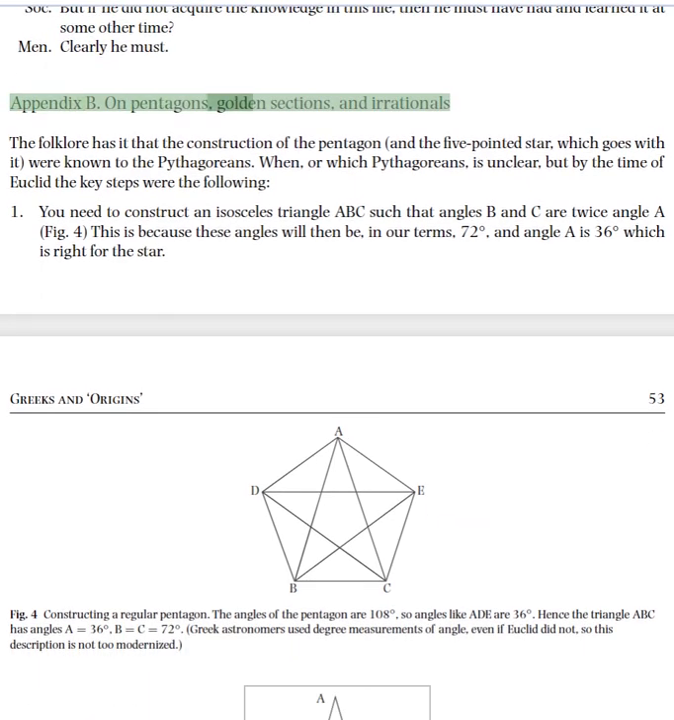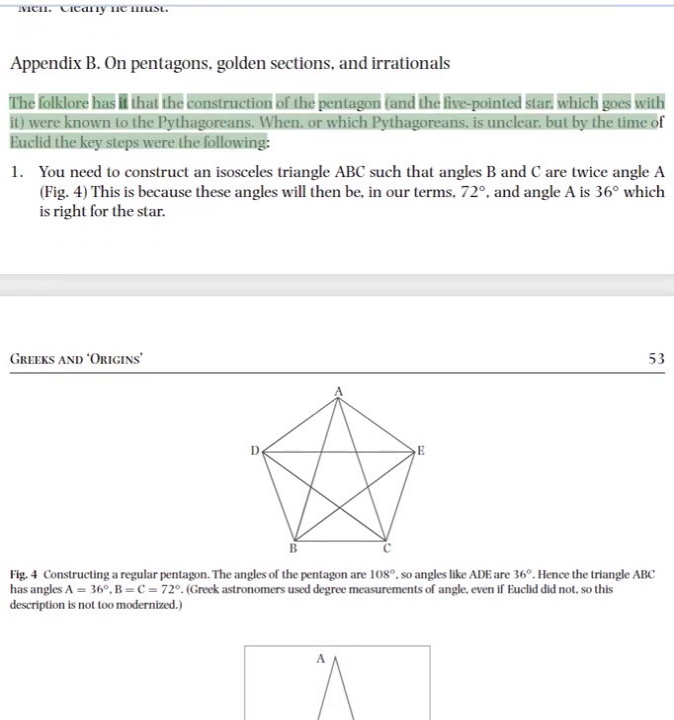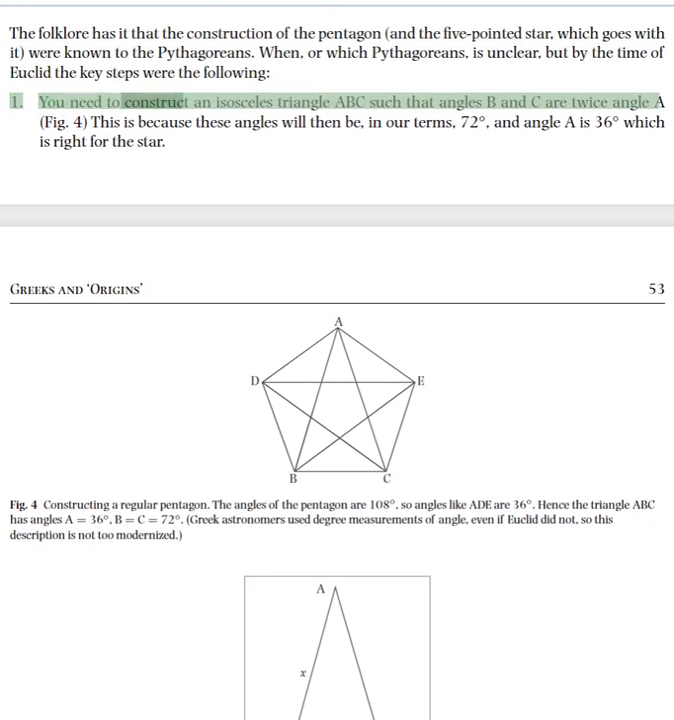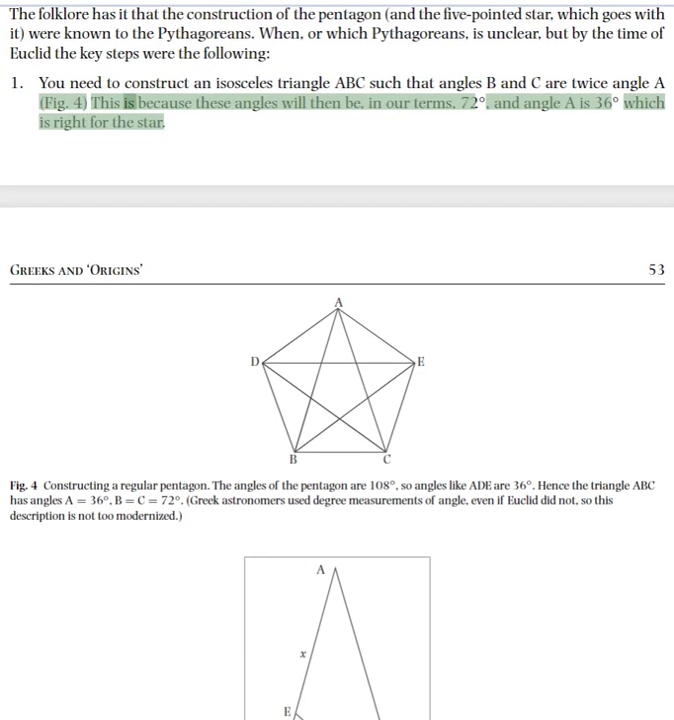Appendix B. On pentagons, golden sections, and irrationals. The folklore has it that the construction of the pentagon was known to the Pythagoreans. When, or which Pythagoreans, is unclear, but by the time of Euclid the key steps were the following. 1. You need to construct an isosceles triangle ABC such that angles B and C are twice angle A. This is because these angles will then be, in our terms, 72, and angle A is 36, which is right for the star